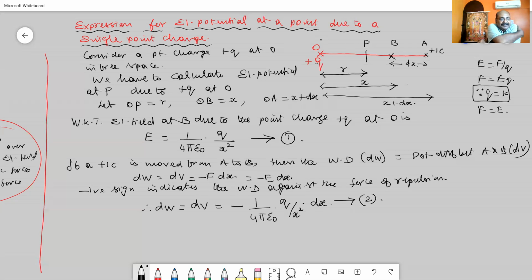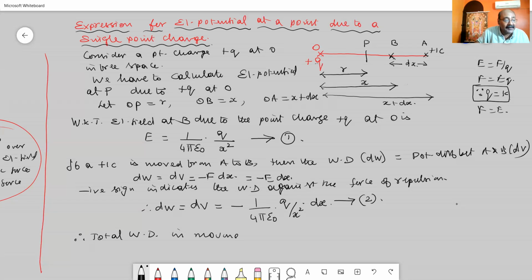Am I correct? Now I have to calculate the potential at a point, so I have to do a work. What work? I have to move that unit positive charge from infinity to the point P. Therefore, I am going to calculate the total work done in moving